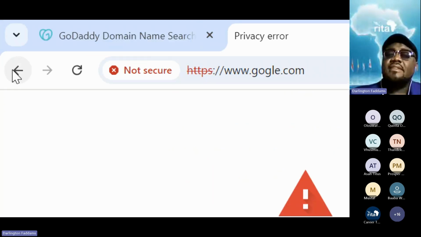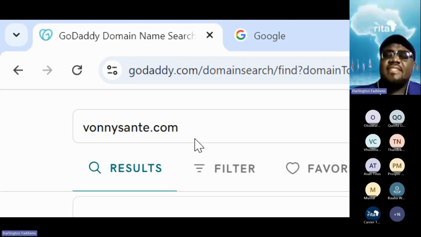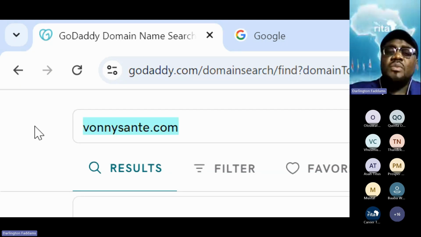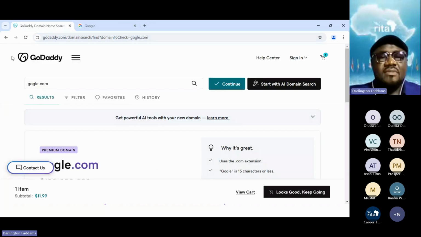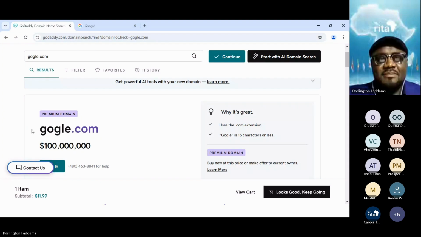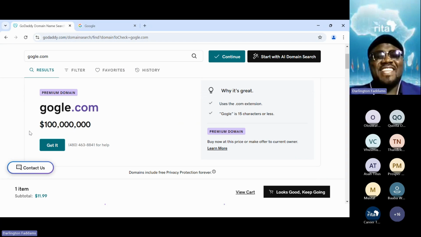Whatever it is, Google has made sure. Let's go to GoDaddy and let's say that we want to register Google with 1 O. Let's see if they'll tell us we can get it. My God.